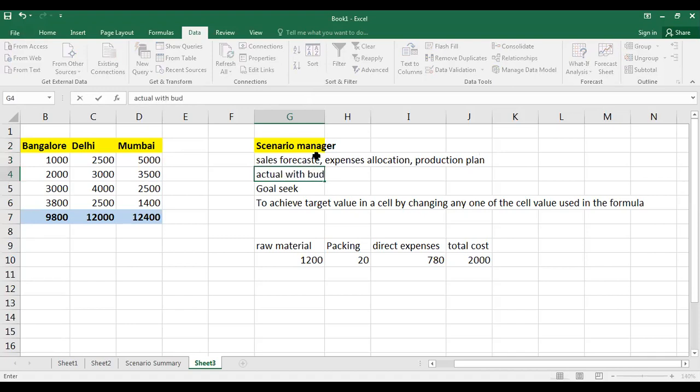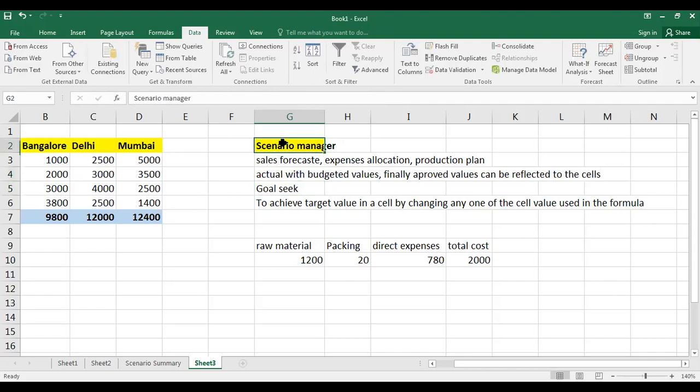Okay, and finally whichever is approved, you can reflect that to your worksheet. So this is about scenario manager.